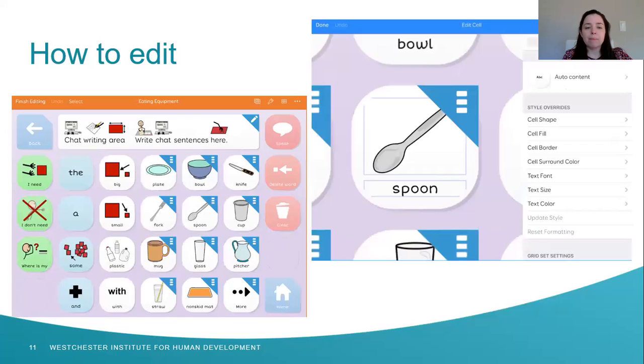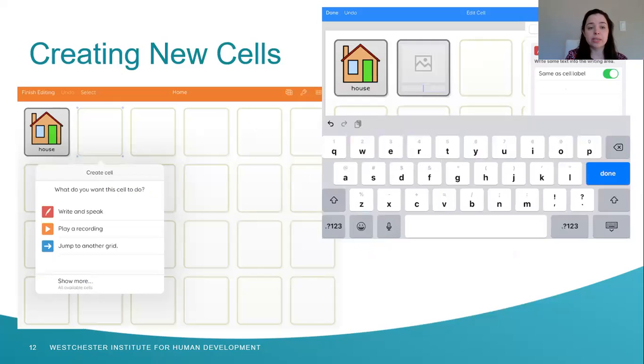You click the cell you want to edit by clicking the little blue 3 lines. You can change, like I said before, the images, the label, and what's said, or you can create a new cell on a new board and design your own. Again, you can pick what it says, and if you want it leading to another page, you can do that all here. You can do this on the actual device or any other Windows device or device that has the application, as long as you have an account and are linked to the user's